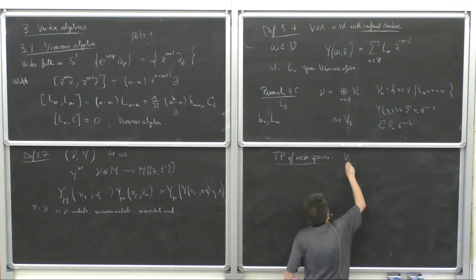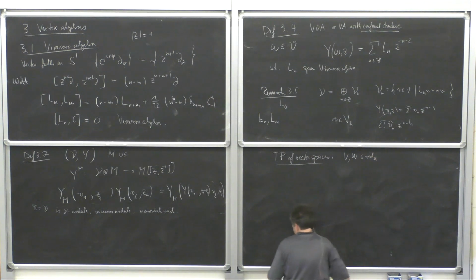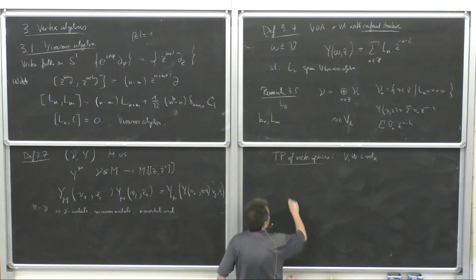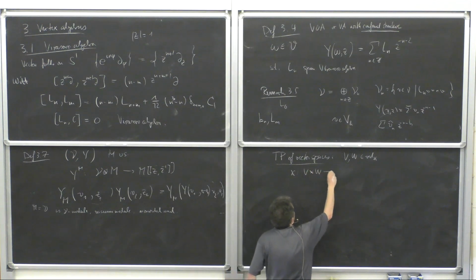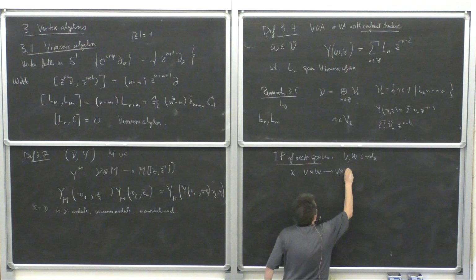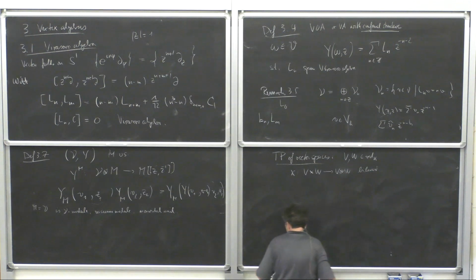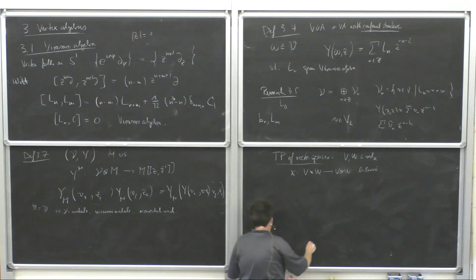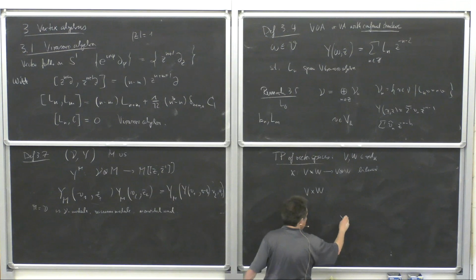I'm given a pair of vector spaces over some field K, and then I'm given a bilinear map to the tensor product,